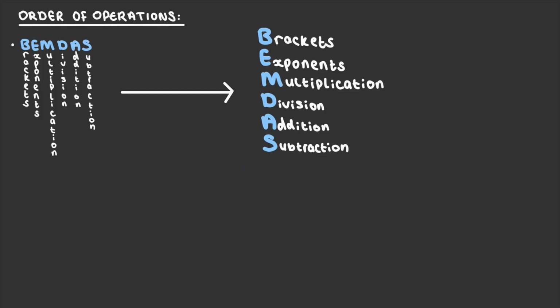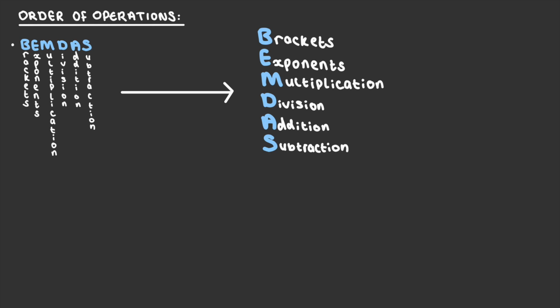Now it is time to take a look at the order of operations. The order of operations tells us in which order different operations should be applied to a sum. Operations are just mathematical processes. For example, multiplication, division, addition, or subtraction of numbers. The order of operations can be memorized by using the acronym BEMDAS, which stands for brackets, exponents, multiplication, division, addition,